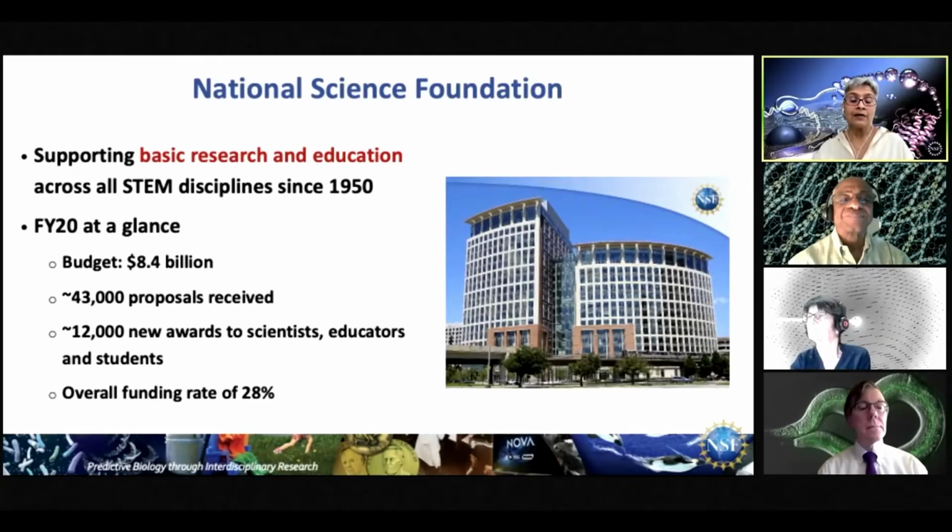I should note that NSF funding accounts for 27% of the total federal support for basic research at US colleges and universities. And then we have some other numbers of interest. The overall funding rate for NSF in FY20 was 28%. The FY21 NSF budget is about $8.5 billion. And for FY22, the White House recently asked Congress to increase the budget significantly to almost $10.2 billion. So we'll keep our fingers crossed for that. And that's all we know about that right now.